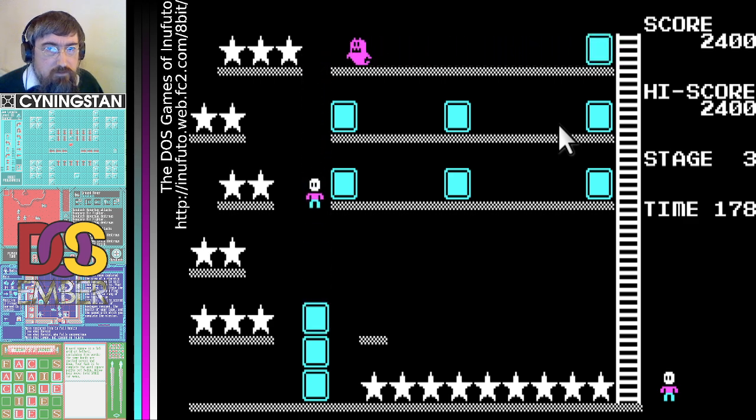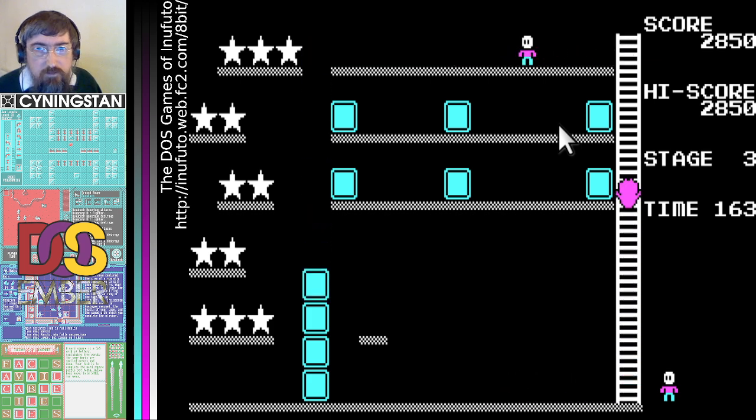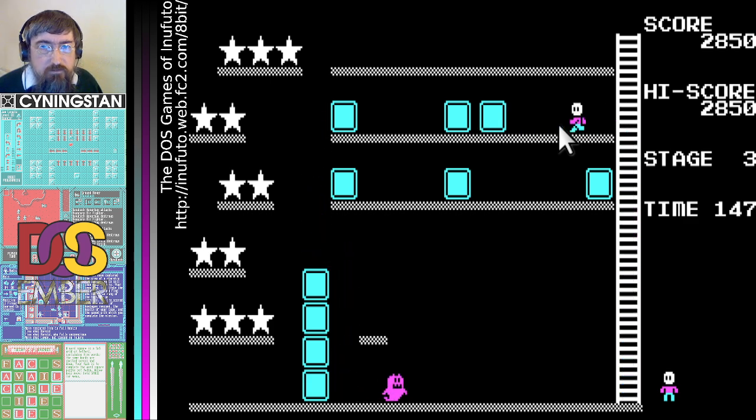Right, I'll need to jump off here, but I must remember this time to go to the right and not to the left, because if you go to the left, you end up having to destroy your own tower. Well, let's get me all the way around here. I wonder what that platform to the right of my construction is.